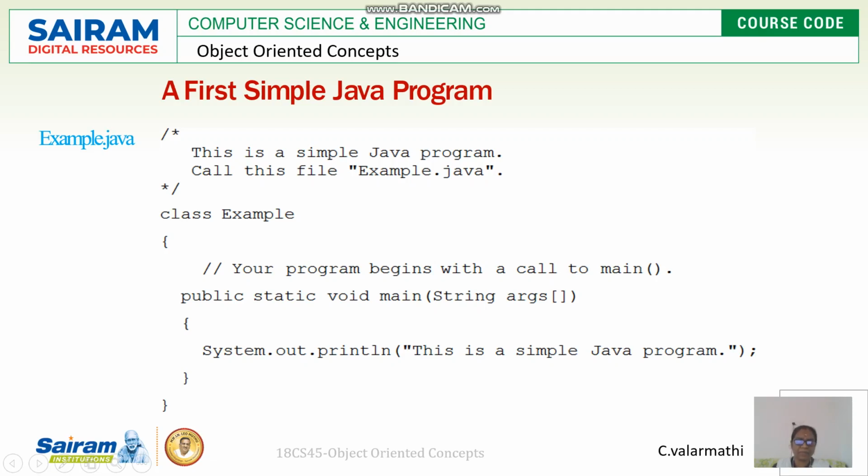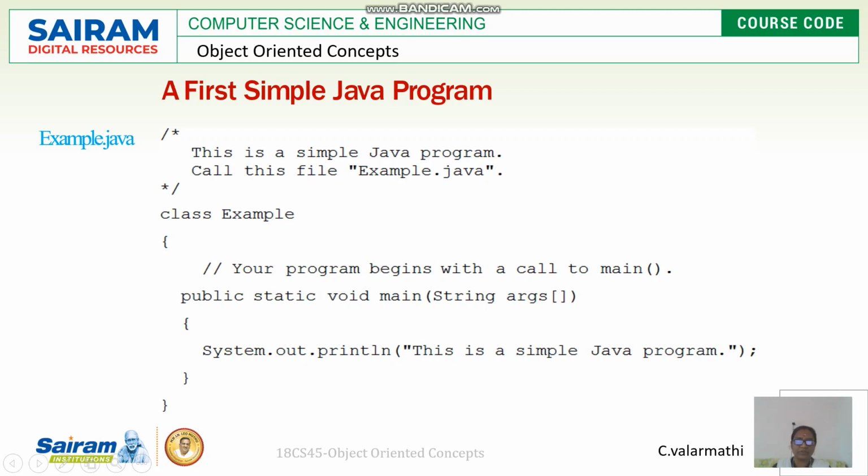Then using public static void main. In C, what you have written is main, meaning int main, void main. Likewise, we will write main here. We will start the main of that program, right? Here the same thing as in C, void main, is started, but it has the access specifier public, and static is the static member function, void is the returning type, and main is the name of the function.